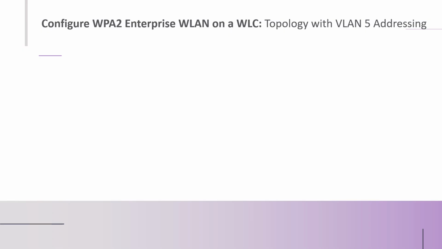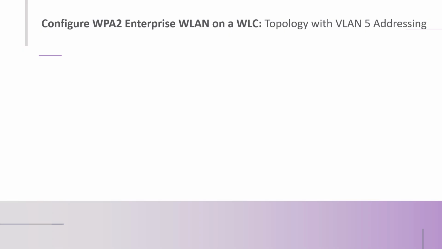Each physical port can be configured for multiple wireless LANs, each on its own virtual interface. Physical ports can also be aggregated to create high bandwidth links. The network administrator has to decide that the new wireless LAN will use interface VLAN 5, for example, and the network